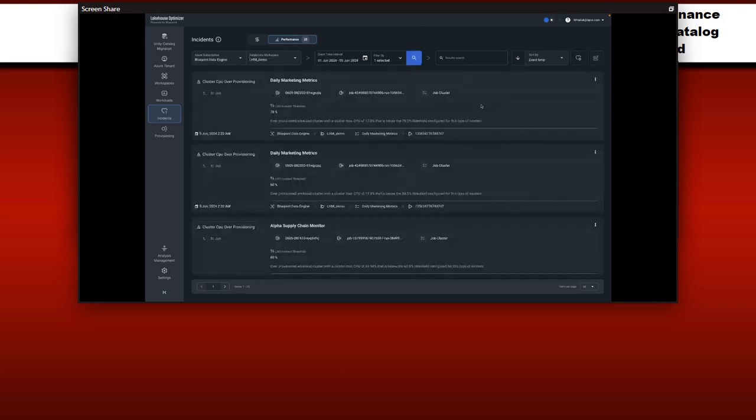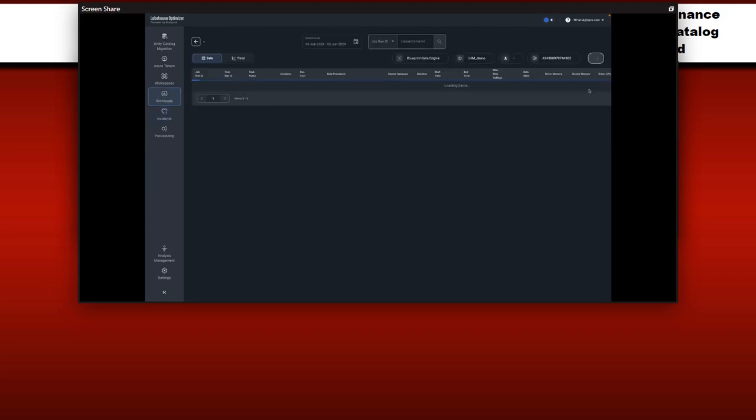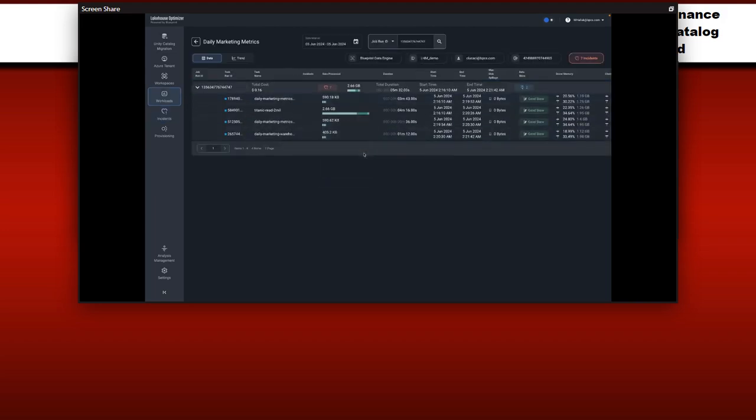So then as a practitioner, I can look at daily marketing metrics. I can view the cluster configuration if I'm interested in making changes. I can open this in Databricks. I can also open the workload directly to be able to take action like we were looking at before. And then, of course, use this to verify exactly how things are working and where there's room to be able to make improvements.